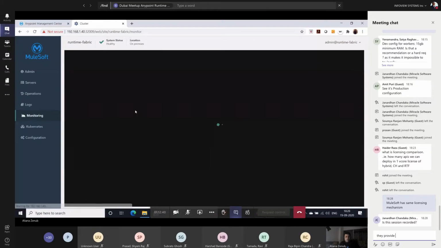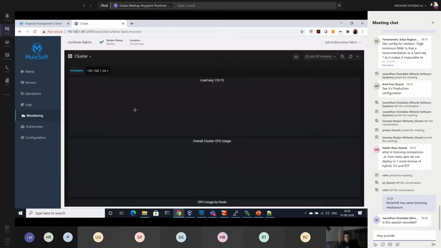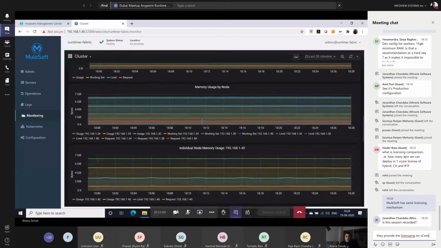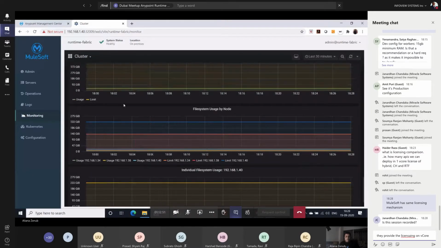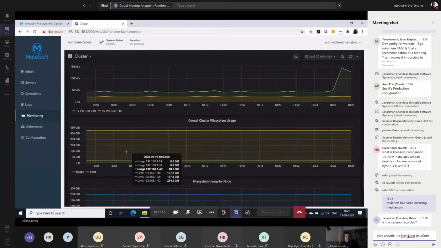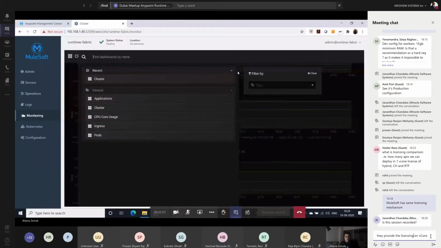Monitoring, if you check the monitoring, you can check all the server monitoring: the state of the server, how it's working, what the behavior is, and how much space they are using right now, based on the nodes.